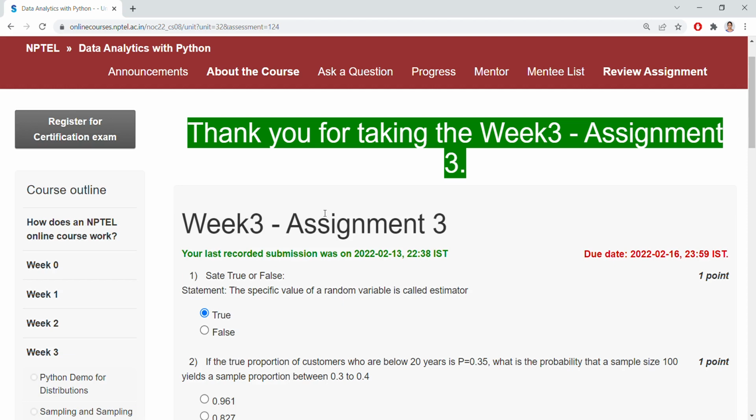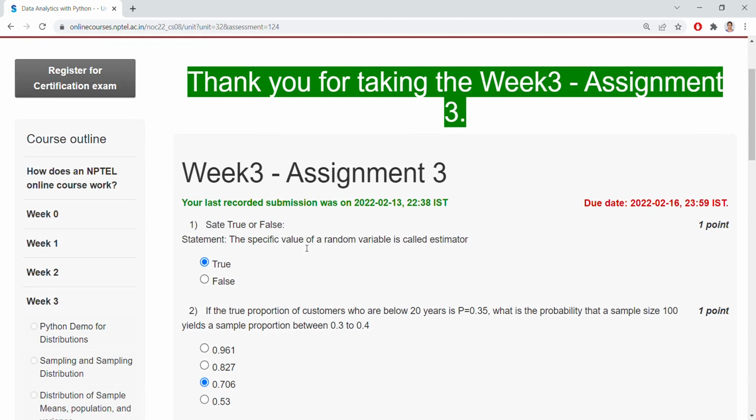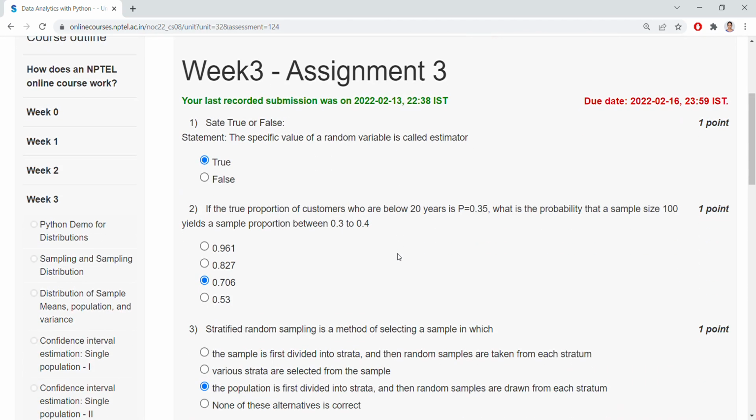So coming to the week 3 assignment. State true or false. Statement: the true specific value of a random variable is called estimator. This is true. Coming to the second question. If the true proportion of the customers who are below 20 years, P is equal to 0.35, what is the probability that a sample of size 100 yields a sample proportion between 0.3 and 0.4? This is